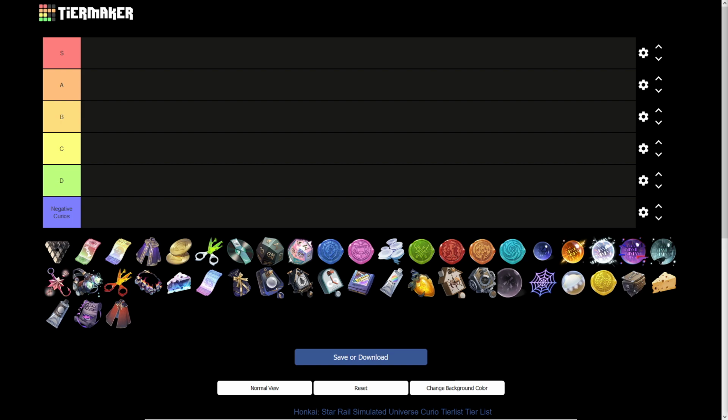Standard tier list, S rank being just the very, very best. A is pretty good, but something holds them back from being S rank. B is also solid, good. C is where I'm going to put a lot of the situational stuff, where it can be good in the right situation. If you have certain characters, other curios, maybe you're on the right blessing. D tier is going to be those curios I think are bad pretty much all the time. And the final slot is the negative curios, because really at the moment in Simulated Universe, there is no point